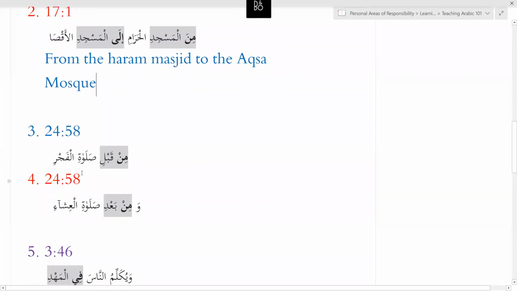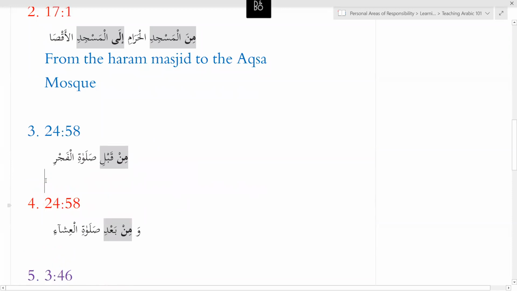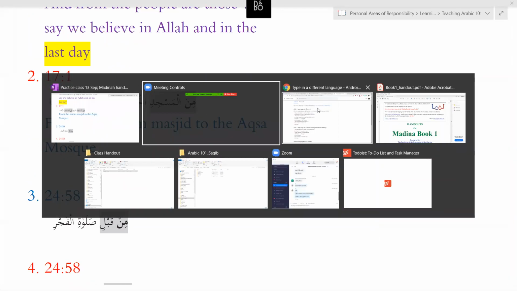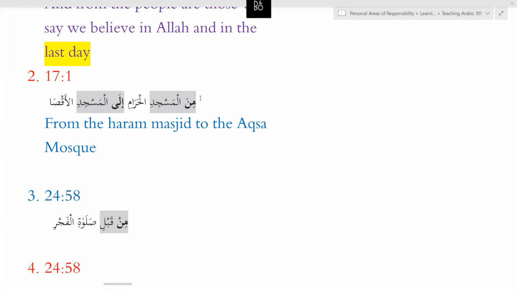Nice. Next one, also use a hand, because you're pretty quick with the old one. I'll give you one more example to do with this. Min. Sahib, yes. Both Al-Haram and Al-Masjid, Al comes. It's not an adjective also, no? Why does Al come? I thought it's the name. Aqsa is the name, I thought. Haram is a name, no? Yes. I've seen Masjidul Harami, but here it's used as an adjective.